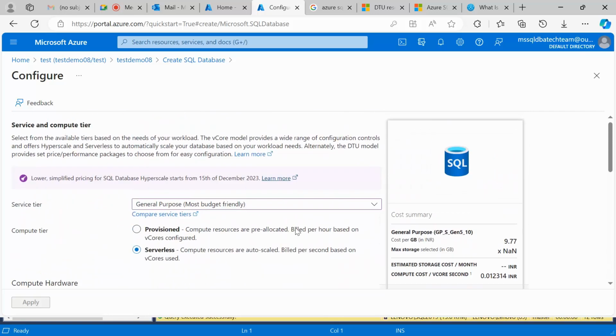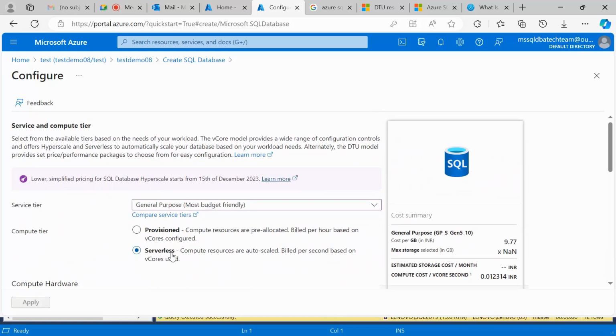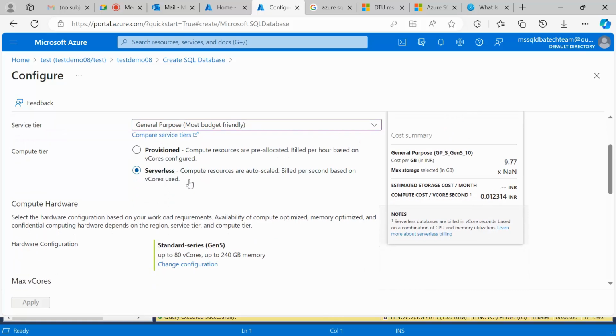We will discuss more on serverless in further sessions. Why? Because most of the tickets we used to get are on serverless only. For example: my SQL Server is not going into sleep mode, I got so much billing, I don't want to pay this much amount, please have a look at what went wrong.